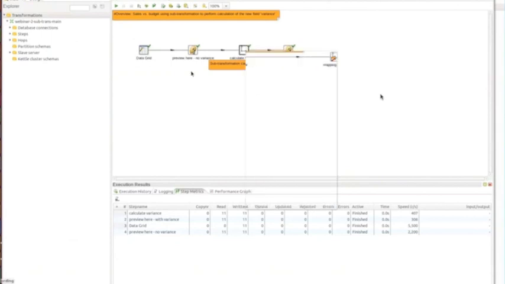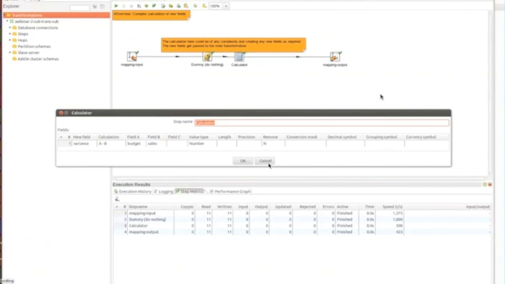Now this subtransformation could be anything. It could be really big, or it could be just very useful, because I can reuse it in many different other transformations and jobs, and I wouldn't have to change hundreds of them if it changes. So I only have to change this one. If I open this, it's just another normal transformation. In this example, it's very simple, but imagine it would be much more complex. Or maybe this calculation could change. And if it's something that you reuse regularly, you might want to have it defined once